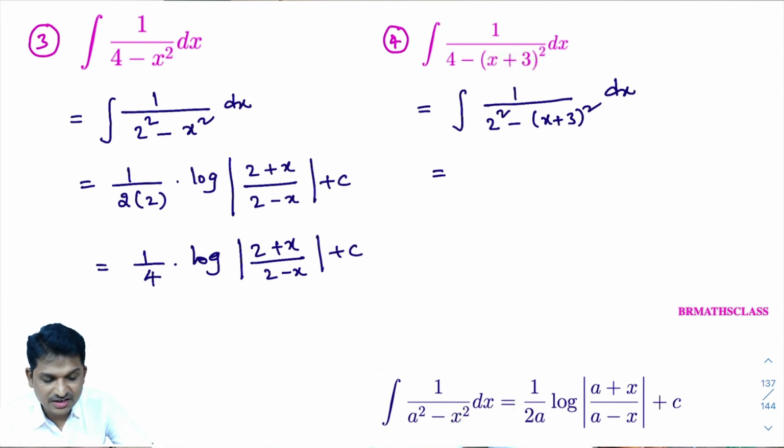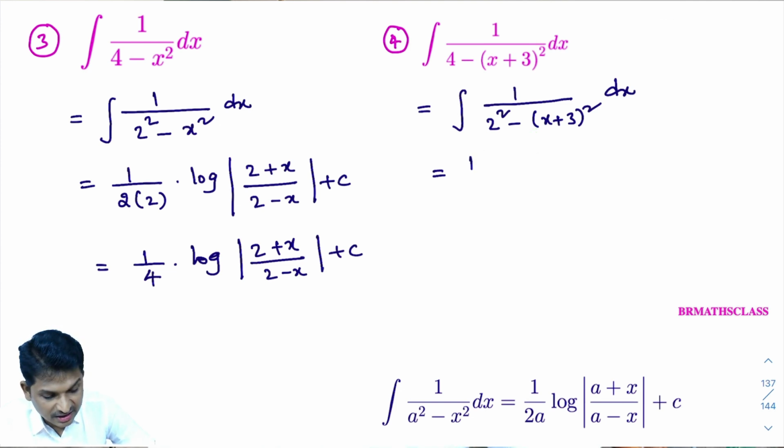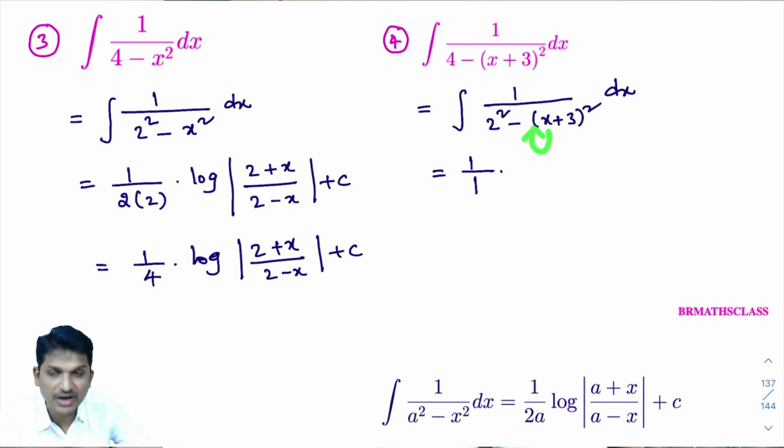Its answer starts with 1 divided by x coefficient. What is x coefficient here? Nothing is there. x plus 3 can be written as 1 into x plus 3. That means x coefficient is 1 only. So 1 divided by x coefficient is 1 only. Last problem also we discussed the same thing. In this formula, in place of x, if ax plus b is present, then its answer starts with 1 by x coefficient. Here x coefficient is 1. Okay. Now start the actual formula.